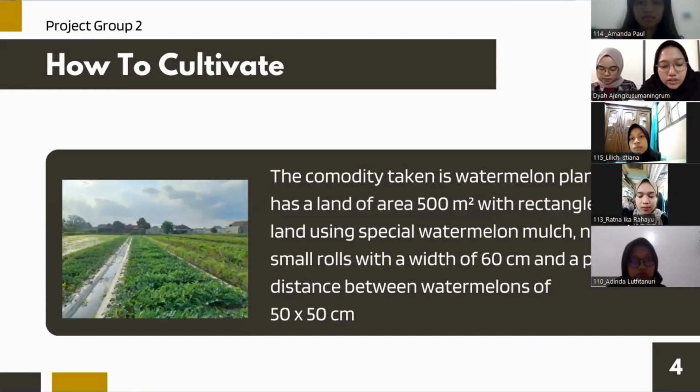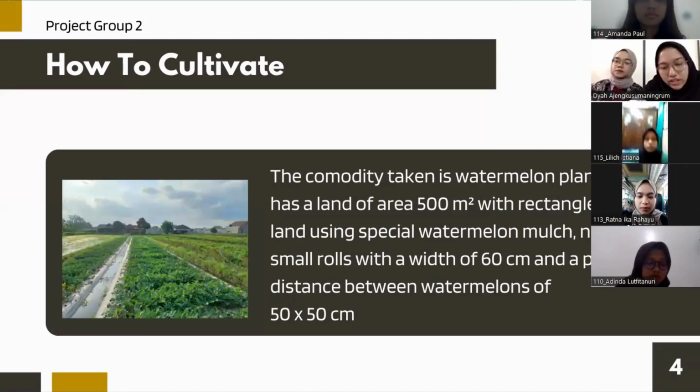We chose watermelon plants because it is easier to conduct sampling on plants with a relatively wide spacing, which is approximately 50 by 50 centimeters. The land has a total area of 500 square meters in the shape of a rectangle. Plastic mulch has been installed to preserve soil moisture and to control weed growth, with a width of 60 centimeters. Based on the landform,